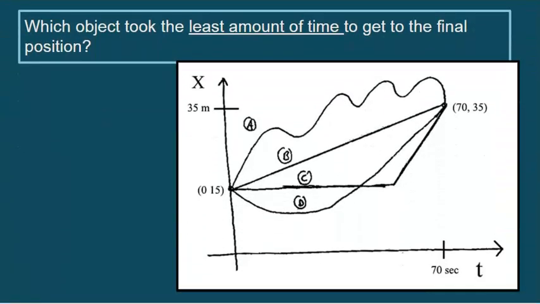Okay, which object took the least amount of time to get to the final position? And trick question, they all took 70 seconds. So some of them did it more efficiently, or less efficiently, but then they made up for it by going faster, right? So that's why